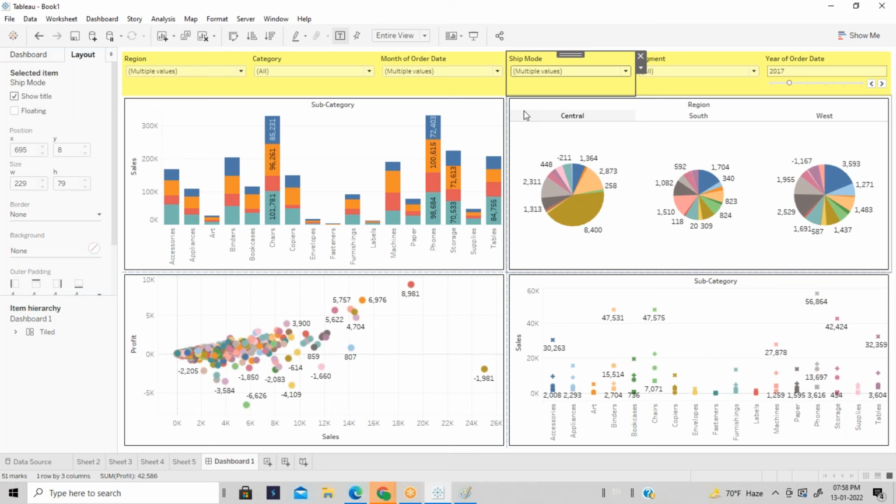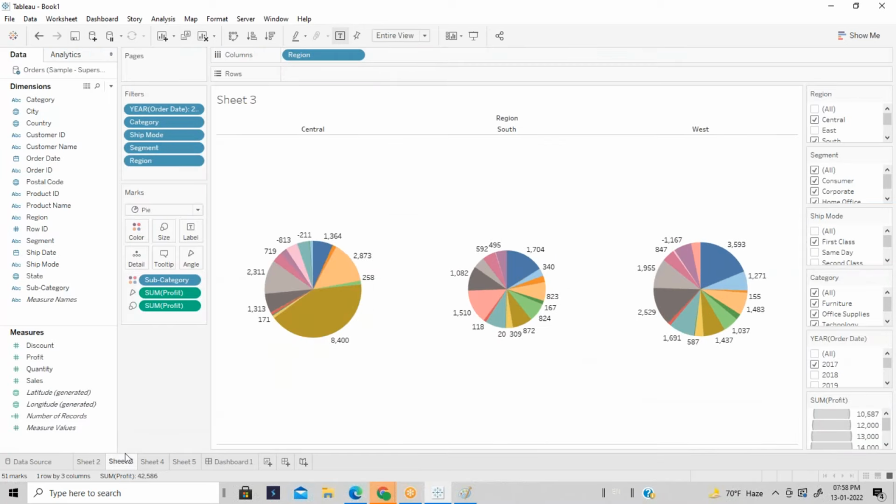Whenever you add a filter in the dashboard, that filter should apply to each and every sheet. But only in the pie chart I created this filter. Correct or not? Only in a single pie chart I created this.